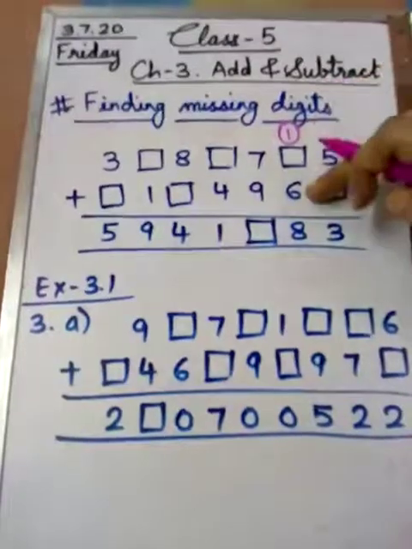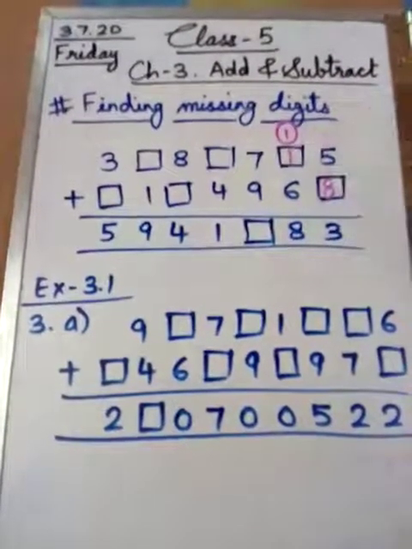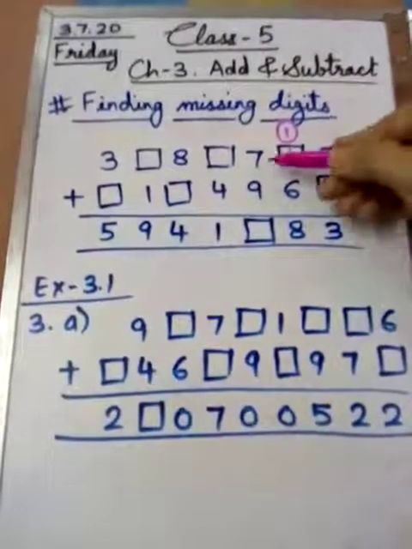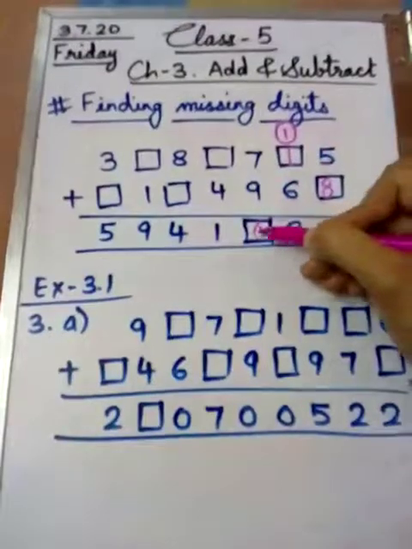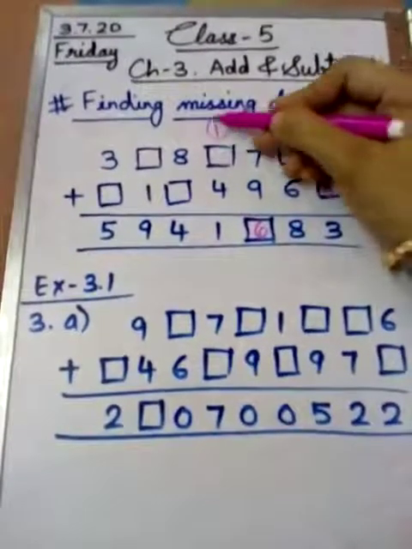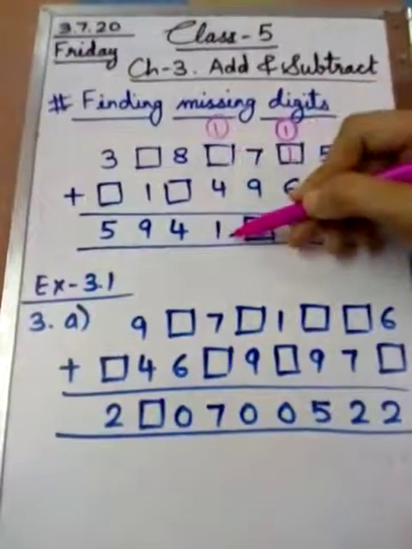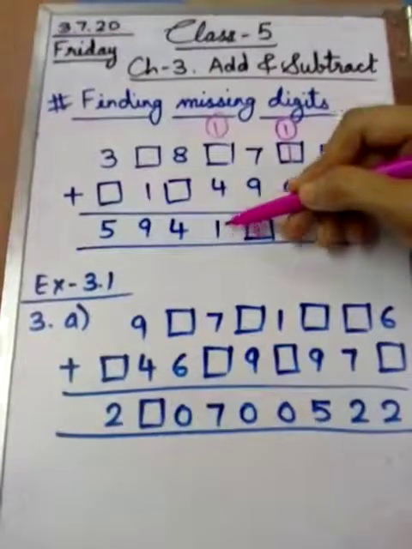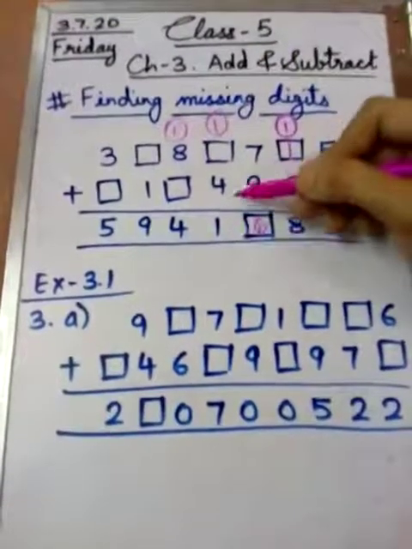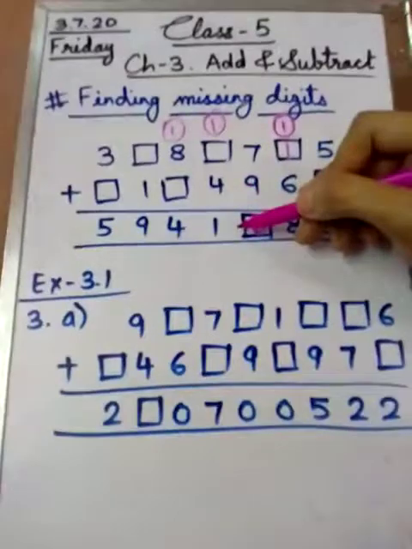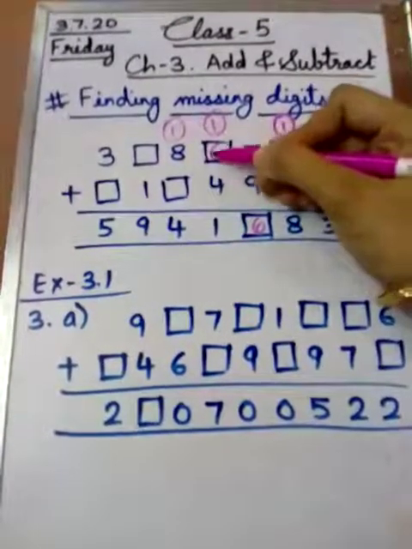Now 1 plus 6 is 7, and 7 plus what is 8? 1. So we have found another box. Now 7 plus 9 is what? 7 plus 9 is 16. So 6 down and 1 carry up. 1 plus 4 is 5. 5 plus what is 1? It is impossible. So that would be 11, not 1 but 11. So 5 plus what is 11? For that we have to subtract 5 from 11. That will give us 6.